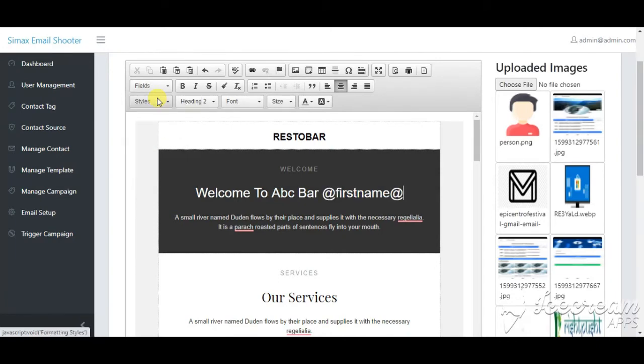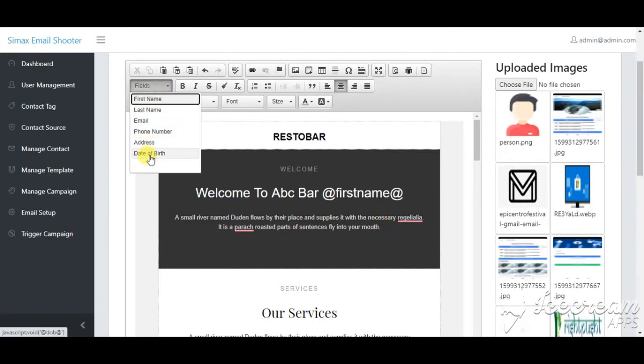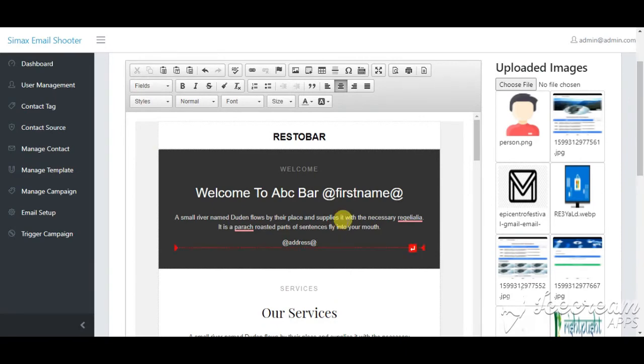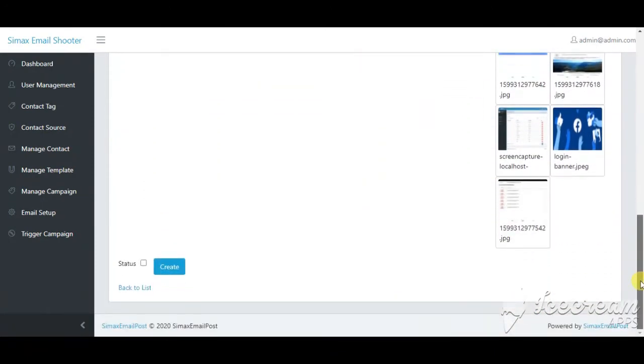Simply click on it and it is added, and that keyword will be passed automatically when the email is sent. You can add anything here. For example, I want to add user address, so user address is added. When the email is sent, that is automatically passed. Then you can simply save this template.